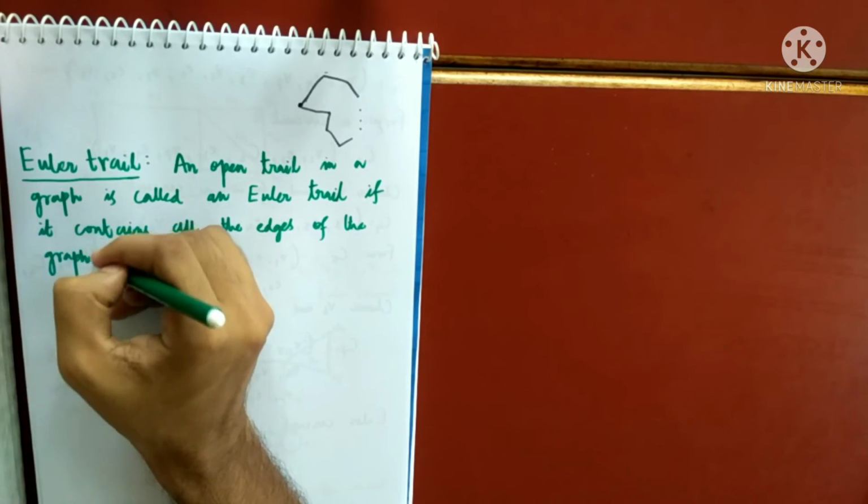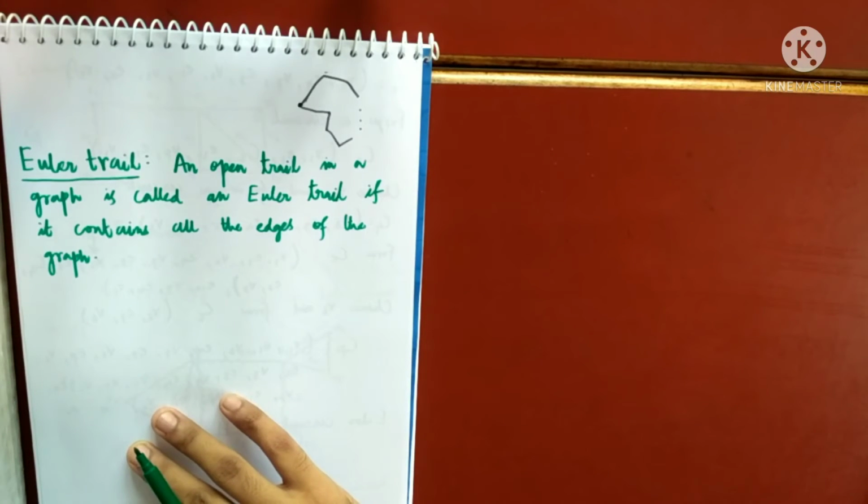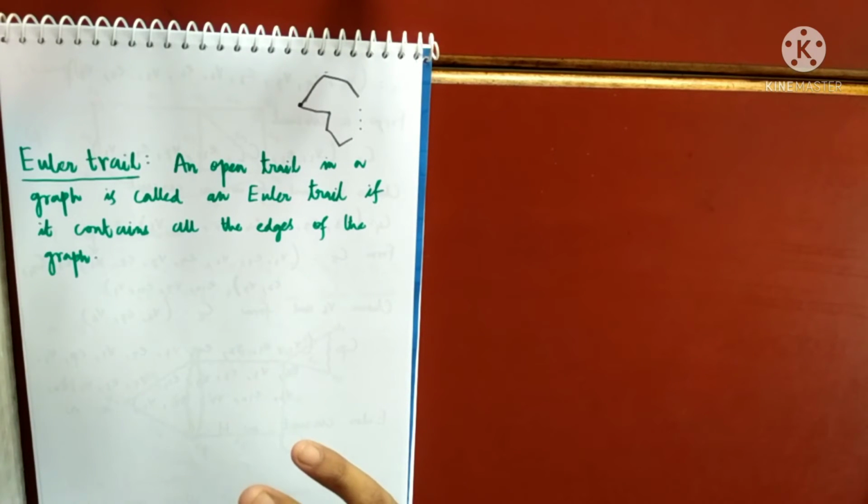So that means, see, a graph which has an Euler trail is not called an Eulerian graph. We are just finding an Euler trail. A graph containing an Euler trail has not been given any particular name. Like we know, a graph containing an Euler circuit is called an Eulerian graph, but a graph containing an Euler trail has not been given a special name. So we call this an Euler trail. So we'll just find Euler trails in some of the graphs, right?